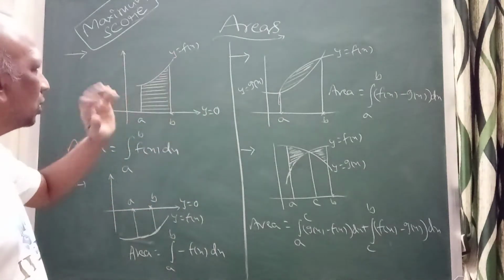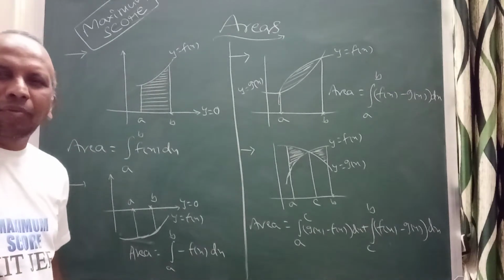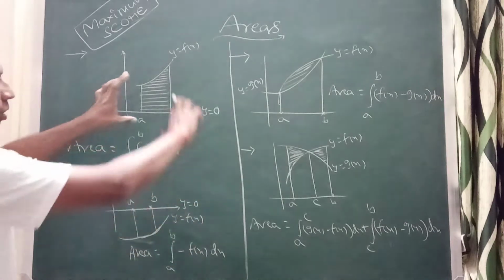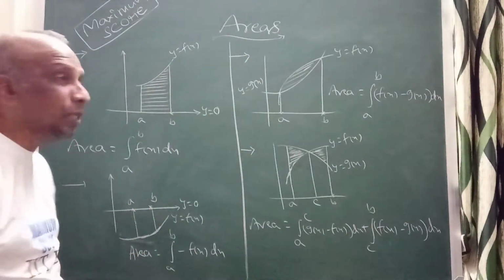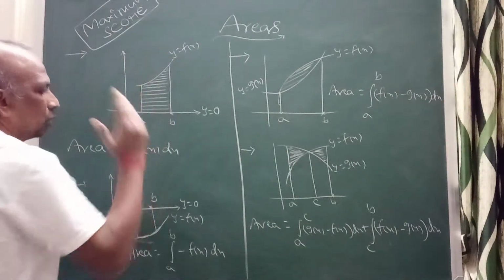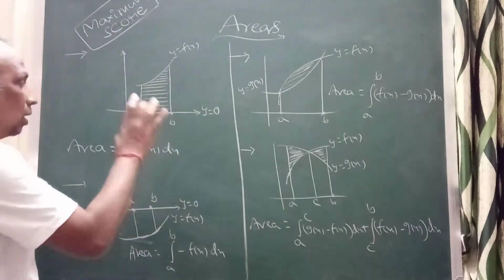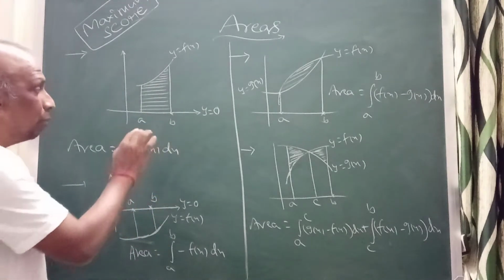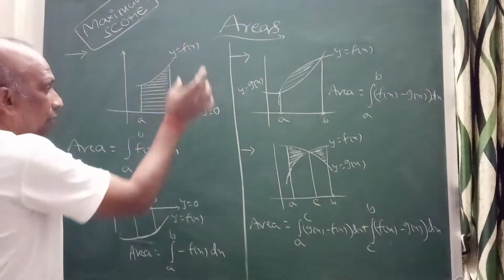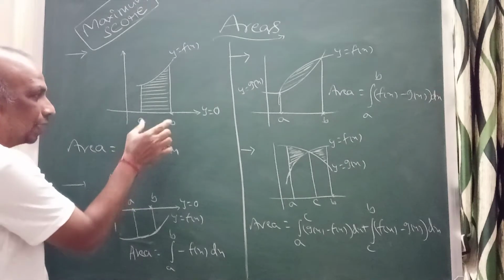Now the first one you can see: the given curve y equal to f of x along with the x axis. Between these two curves, the area bounded by f of x with the x axis and the ordinates x equal to a, x equal to b, in between, they are asking. Then the area bounded by these lines and between these two curves. Consider y equal to f of x, y equal to 0. Area between a to b, x values.